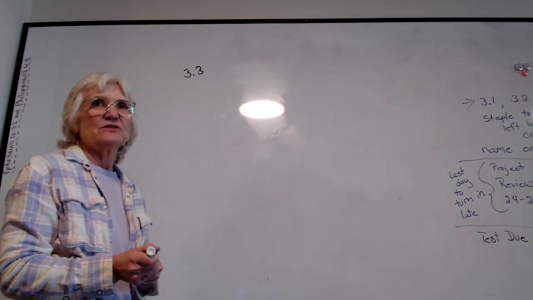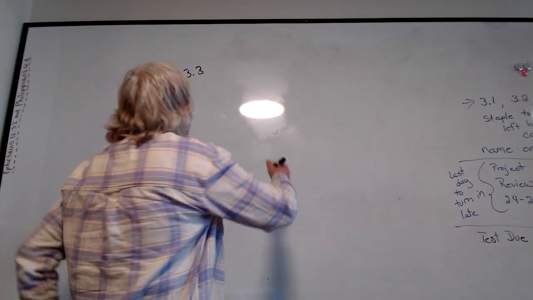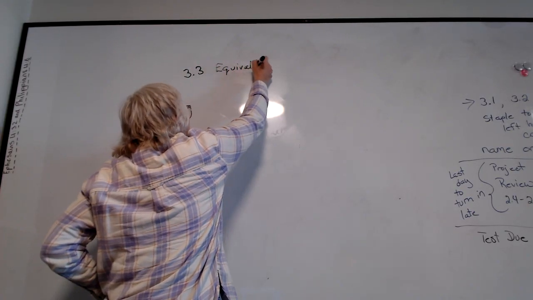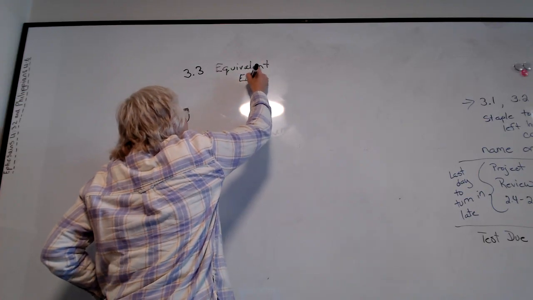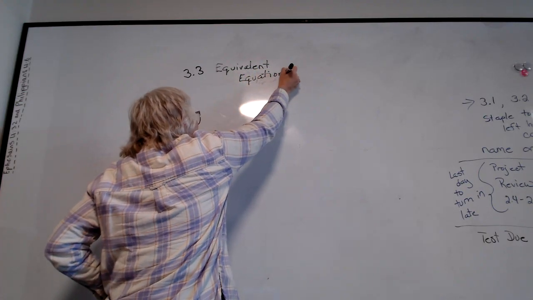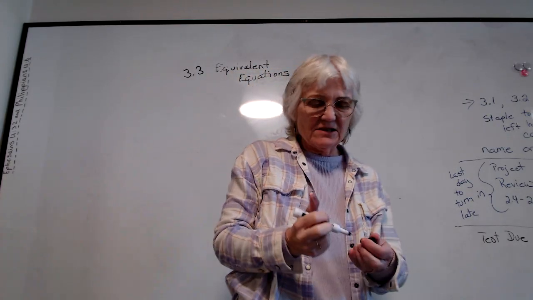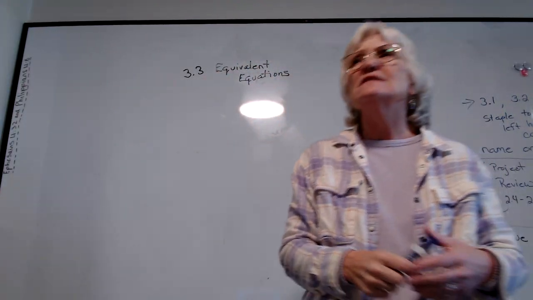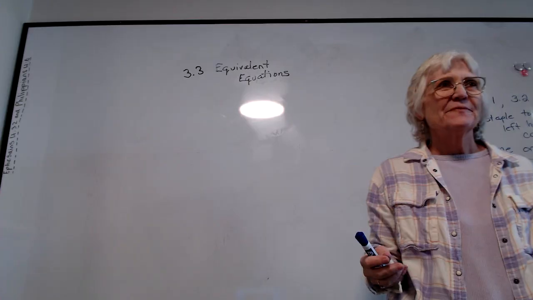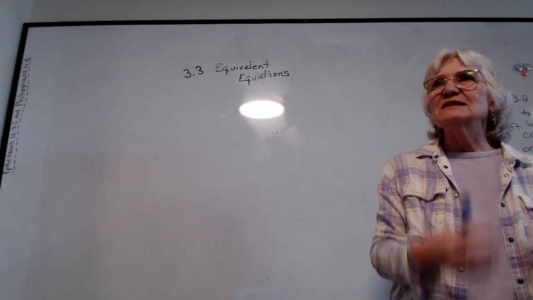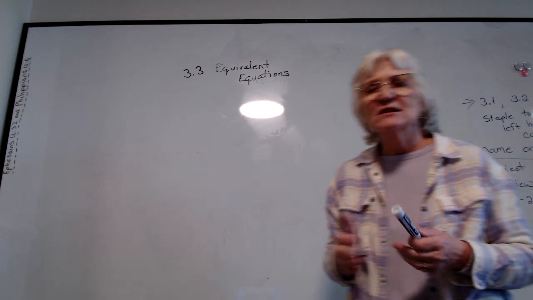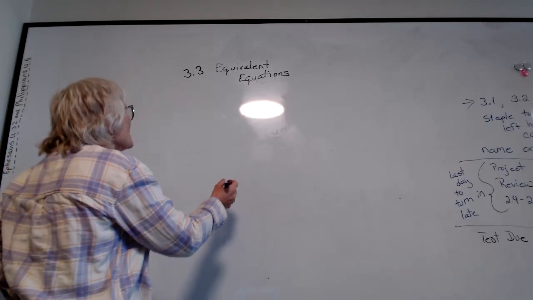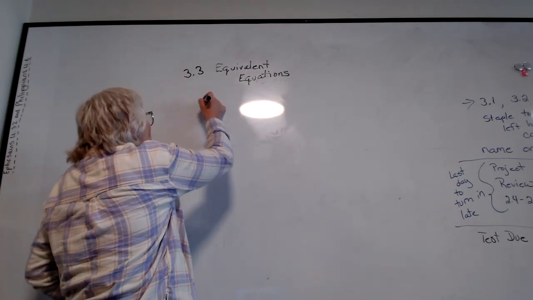How to solve an equation, or to start solving an equation. So this first one is talking about equivalent equations. Basically what that means is two equations can be the same as long as you're doing the same thing to both equations. So they can be reduced, they can be simplified, and so they give you answers is what we're really looking for. So when we're looking for equivalent equations, our goal right now